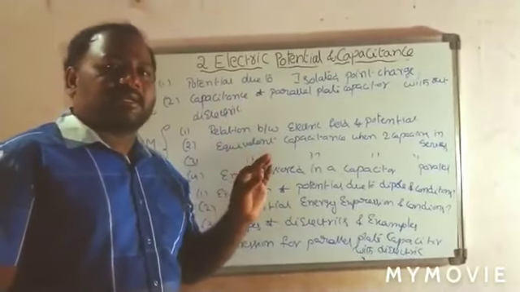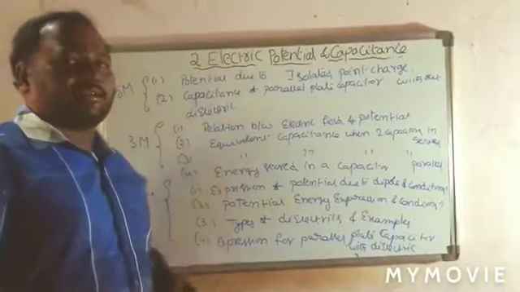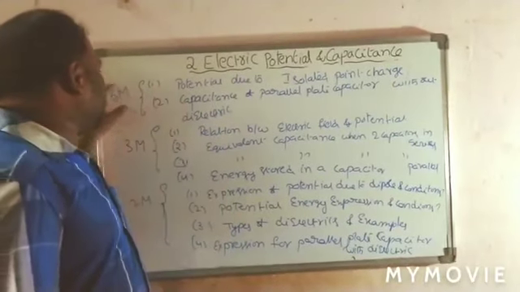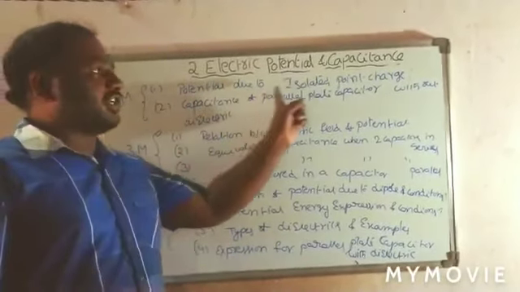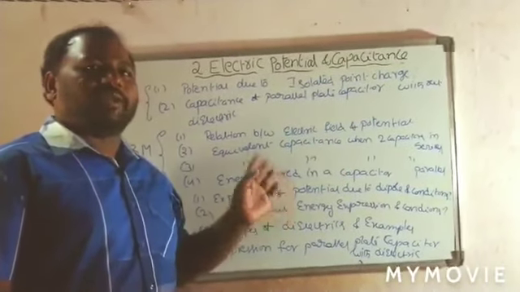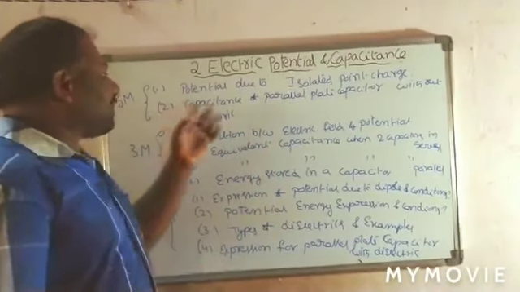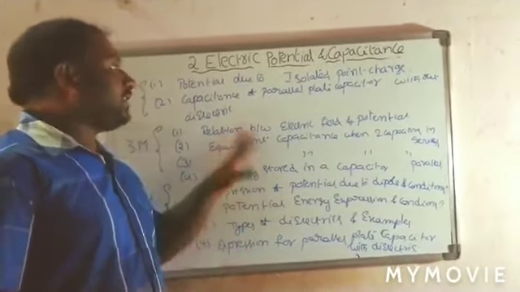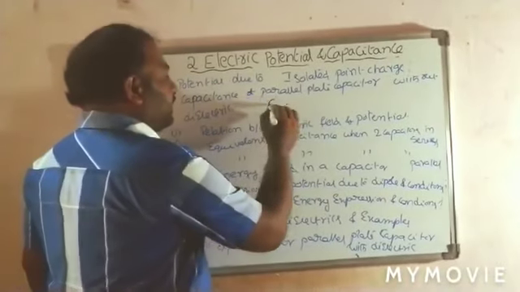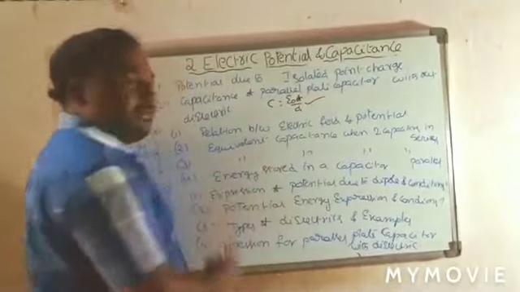See what the important questions in this chapter are. Van de Graaff generator is there, but in the syllabus that is deleted. Now we have only these topics that they have given. That is 5 marks questions in this chapter: potential due to an isolated point charge, where we proved that V is equal to Q by 4 pi epsilon naught into R. Next one is capacitance of a parallel plate capacitor without dielectric, that is C is equal to epsilon naught A by D. This derivation is for 5 marks.